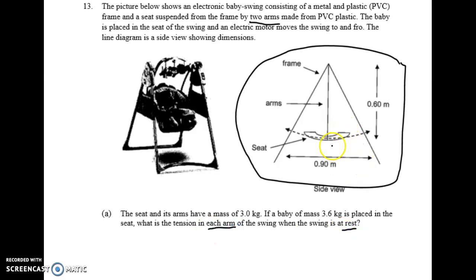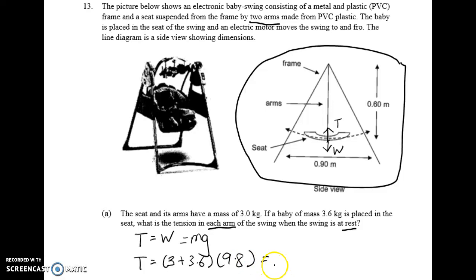If at rest, we will always associate this with translational equilibrium, whereby the forces up and down are equal. Up will be given by tension and down will be given by the W. So number one is that T equals W. This tension is referring to both of the arms here, and W is always equal to mg, so T equals mg. The mass over here is the arm and the seat, 3 kilo, and the baby is 3.6, so you have to multiply by gravity. You have this value,